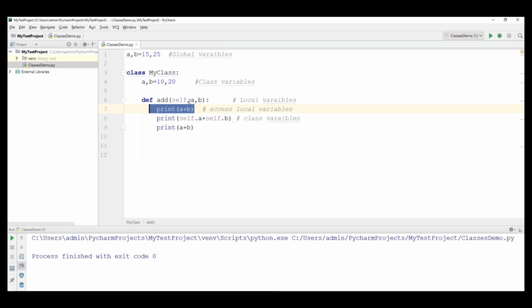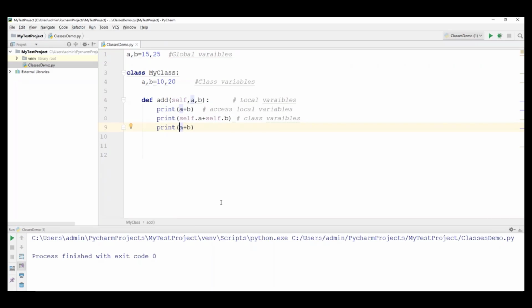When I say a plus b, a and b will be treated as local variables. But if local variable and global variable names are exactly the same, how can we differentiate these two? How can we differentiate the local variables and the global variables?